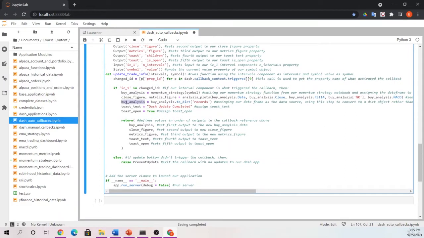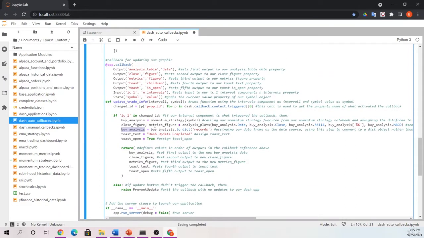We're going to convert the by analysis to the correct form so that it can update the data object of our analysis table. And then we're going to assign our toast text and our toast open property. And then again, and very importantly, in order, we're going to tell each of these outputs what they need to be. So in order, we're going to assign our analysis table to our converted by analysis, close figure to our close, metrics figure to our metrics figure, toast text to our text of dash update completed, and then our is open property will be set to true once this